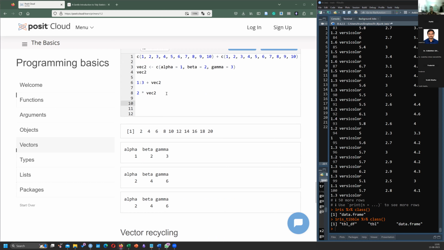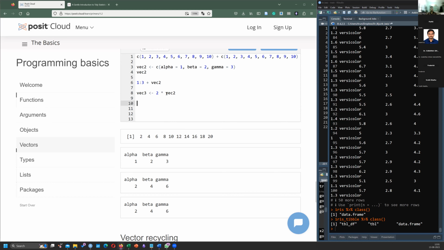Then can I say, 2 into vector 2 is, let me call this vector 3. And then if I ask it vector 3 plus vector 2.